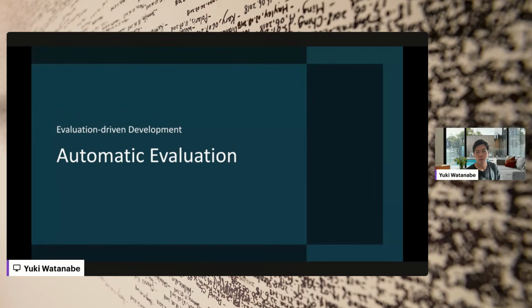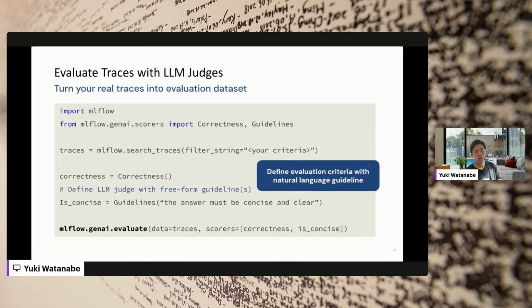Okay, so now we have human feedback. So the next step is automation. One common technique for automating the feedback process is using LLMs or agents. This is the so-called LLM as a judge. Since LLMs are very intelligent and capable, they can give somewhat trustable feedback about your agent if given the